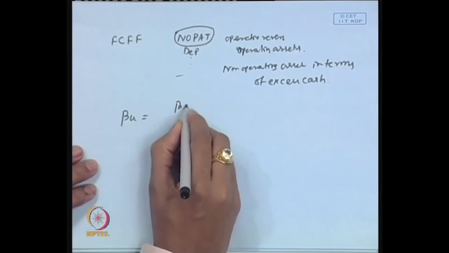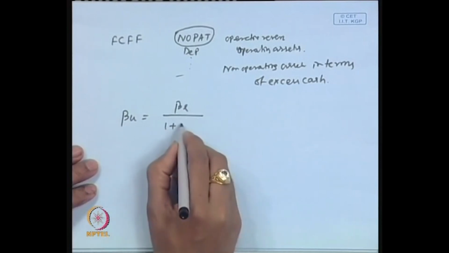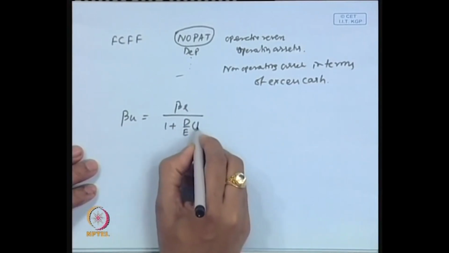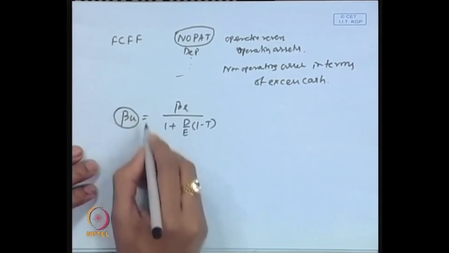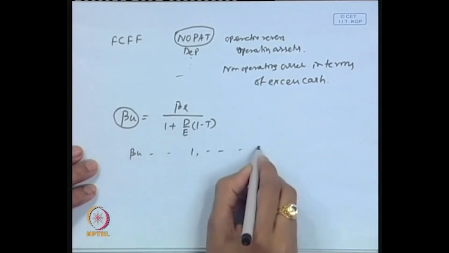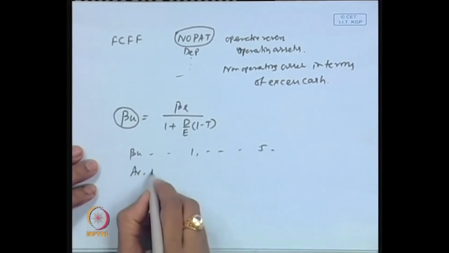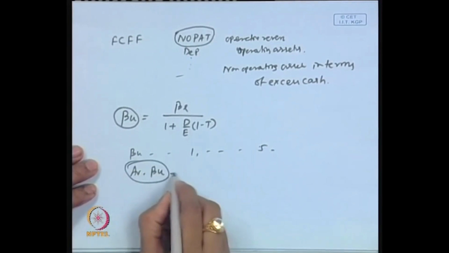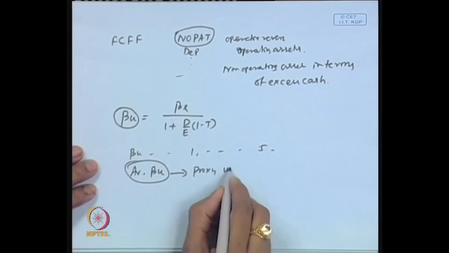So, for them the beta is not possible to find out. In that case, we can find out the beta of comparable companies, and this is actually levered beta. This levered beta can be adjusted to find the unlevered beta for the respective companies by applying this formula: levered beta divided by 1 plus D by E, adjusted for leverage, and 1 minus t. So, that gives unlevered beta. And once you have unlevered beta for 1, 2, 3, 4, 5 companies, take the average of the unlevered beta,